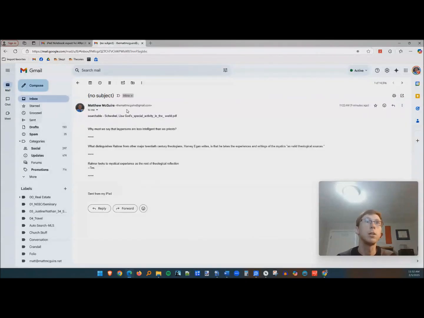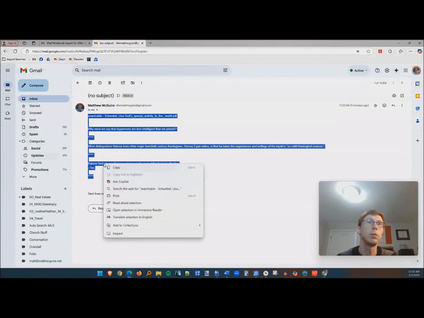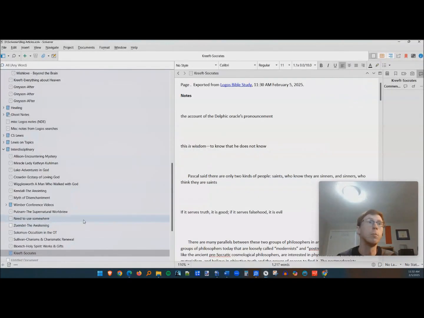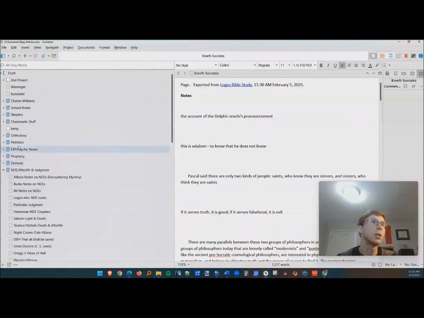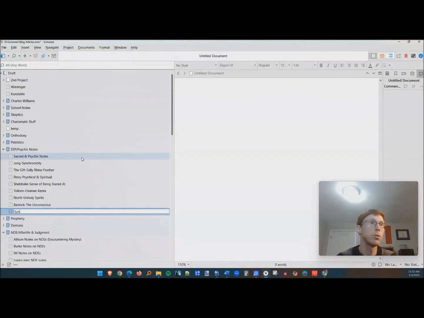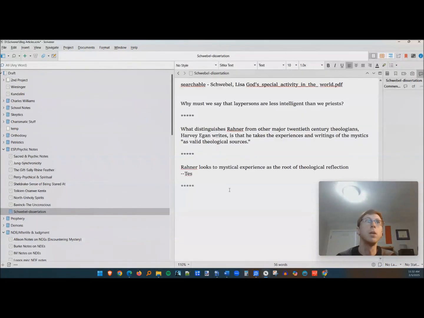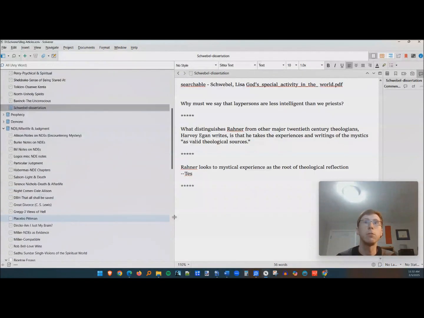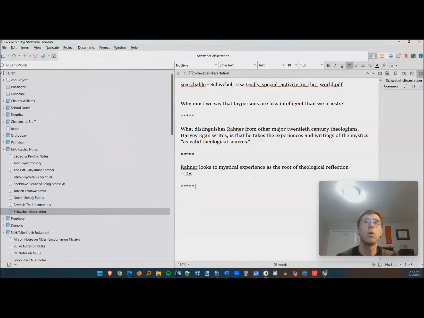And with my PDF file, you can see that I've opened up the email that I sent to myself. I only put a few notes here for an example, but all you need to do is copy and paste the whole email. You can right-click to copy. I'm going to go over to my Scrivener. And since this is a book about ESP, I'm going to open a new text right here. I'm going to call it Schwebel Dissertation. And I'm going to paste all those notes here. So now I've added all of these different books, eBooks, all their highlights into one document, one working Scrivener file,